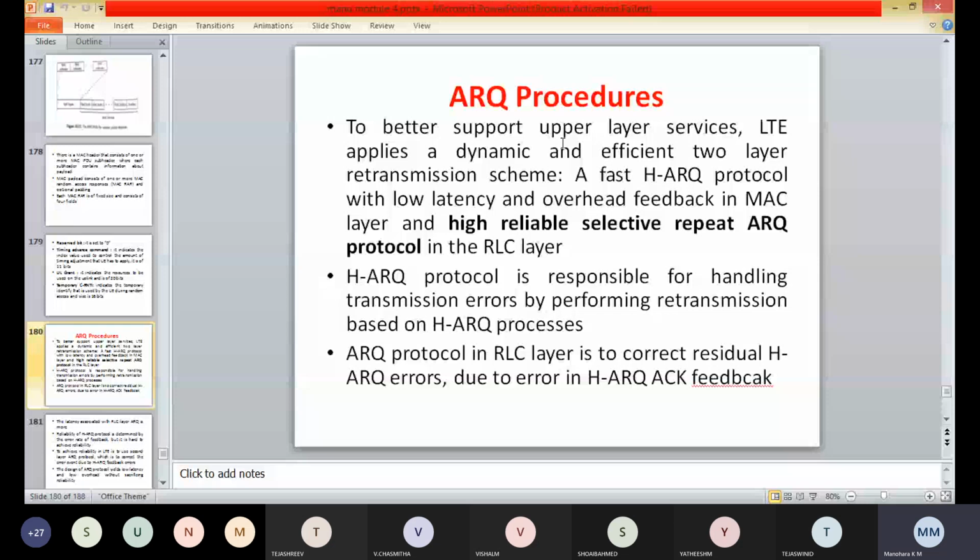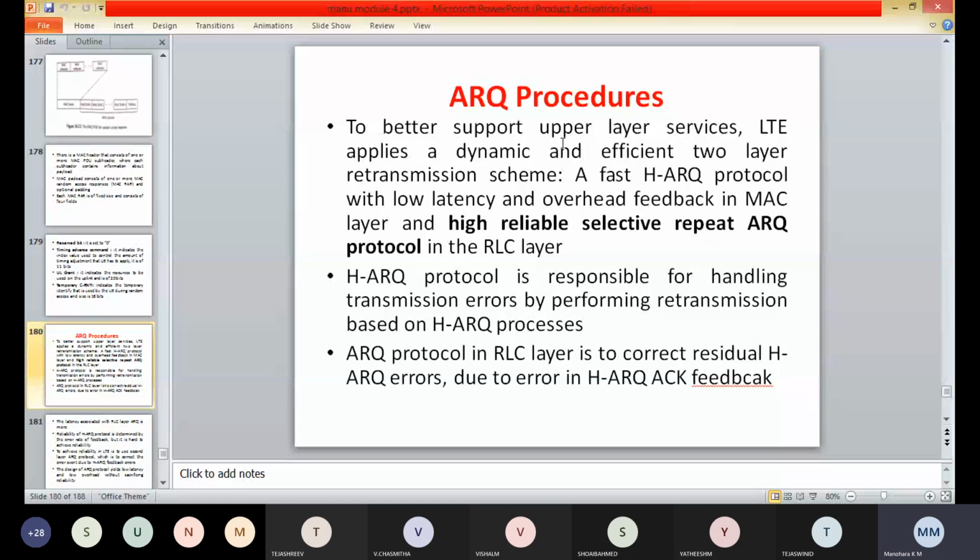So here HARQ delivery failure is notified by the MAC entity when the MAC PDU is not delivered successfully after the maximum number of HARQ retransmissions. Given an ARQ NAK, the transmitter side of an AM RLC entity will deliver the AMD PDU if it fits within the total size of the RLC PDU, which is indicated by the lower layer.